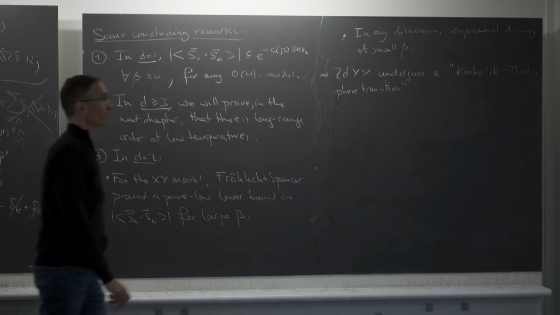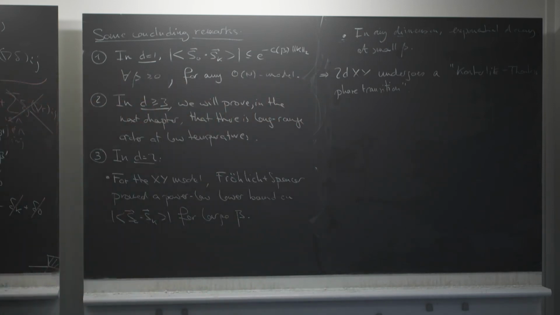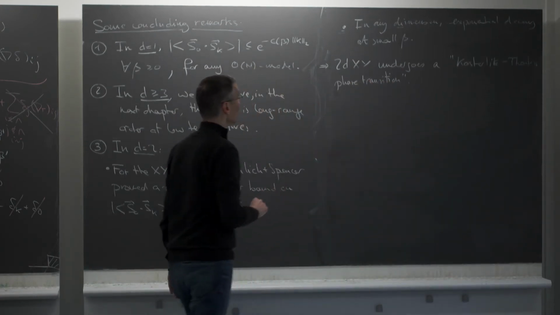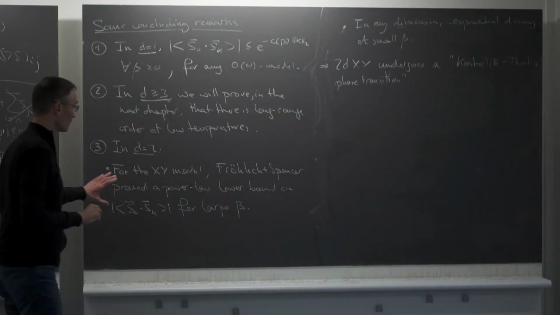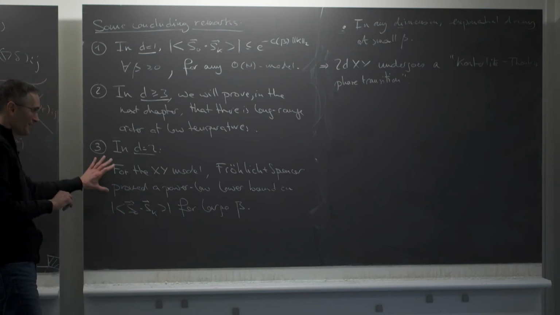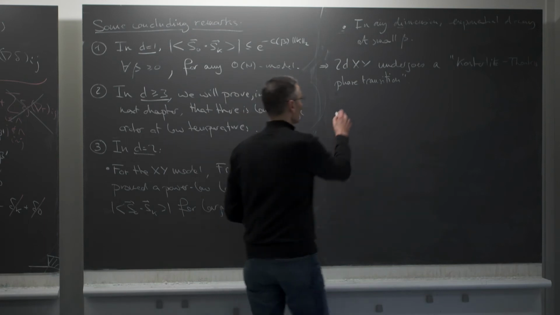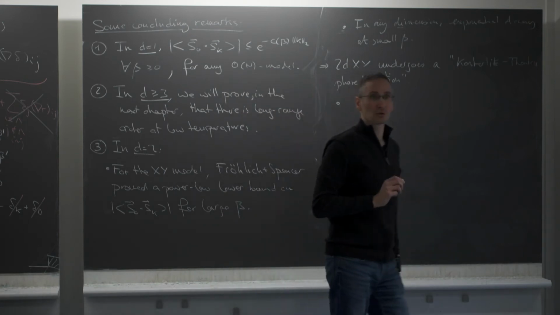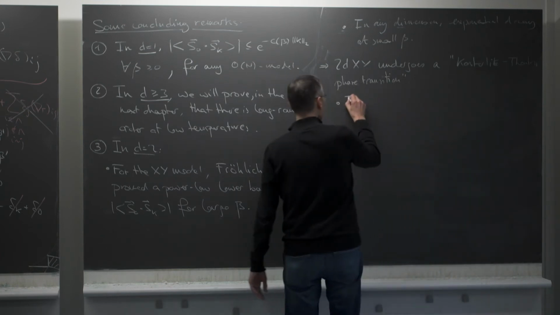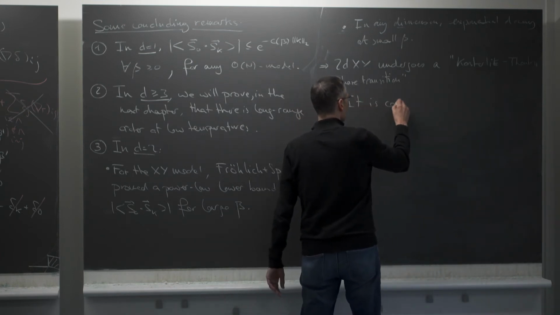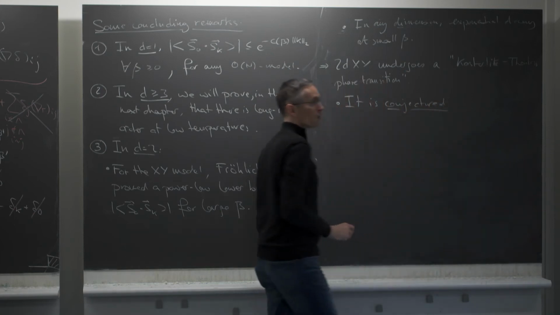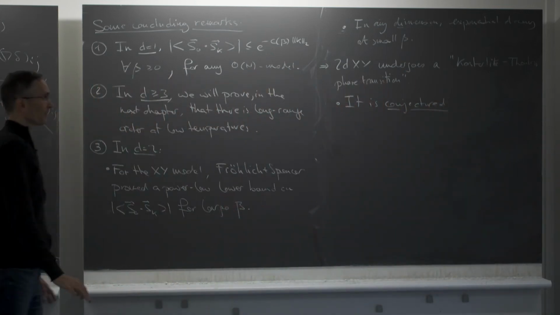They recently got the Nobel Prize for these works, these physicists. Okay, so that's about what happens in the two-dimensional XY model. I took it apart separately because it's expected that the result is not true for O(n) models with n larger than 2. So it is conjectured. It's one of the major open problems in statistical mechanics to prove this.